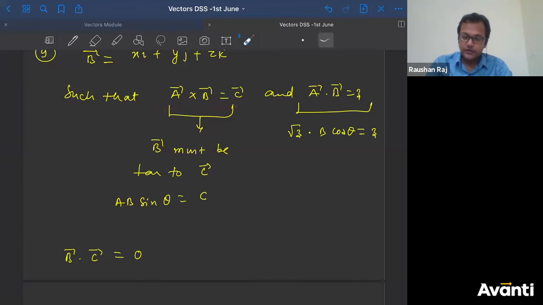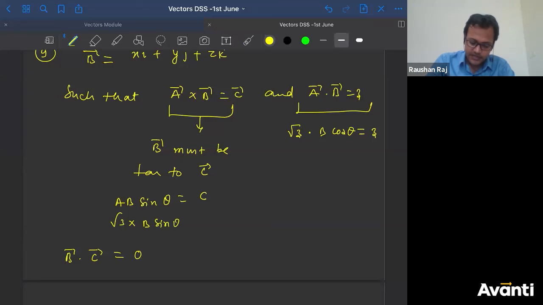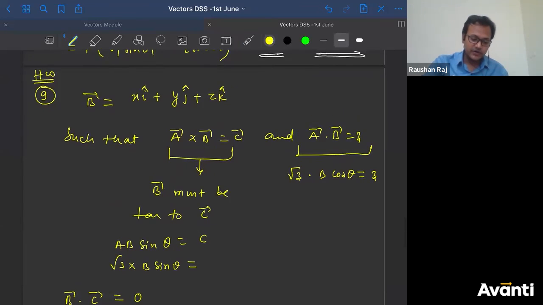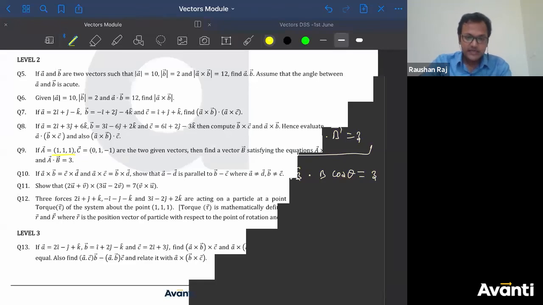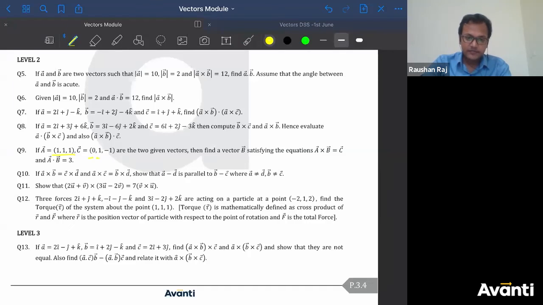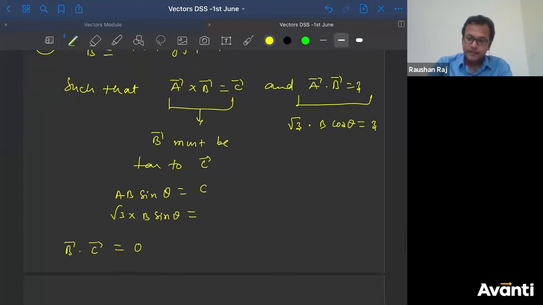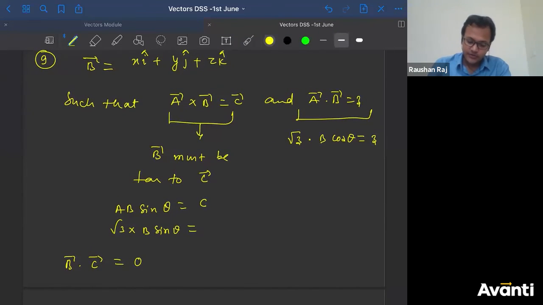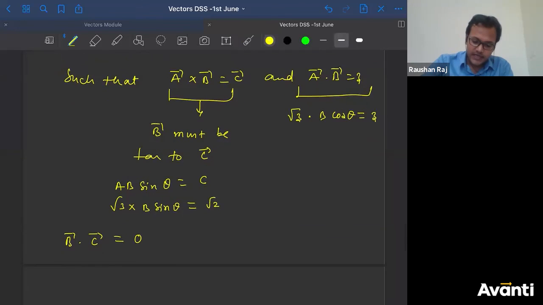What is A? Do you know the magnitude of A? I know the magnitude of that is root 3. Magnitude of B, I don't know, into sine of theta is equal to, do you know the magnitude of C? Yes, I know the magnitude of C. If you see the equation, C is 0 i cap plus 1 j cap minus 1 k cap. That means the magnitude is 0 square plus 1 square plus minus 1 square, that means root 2. Got it? So from this equation 2 and this equation 1, if I divide equation 1 by equation 2,